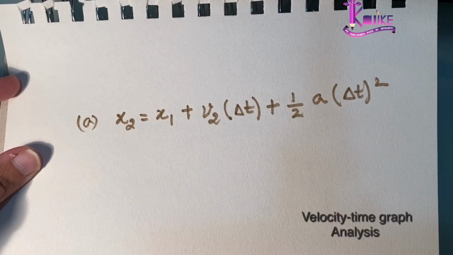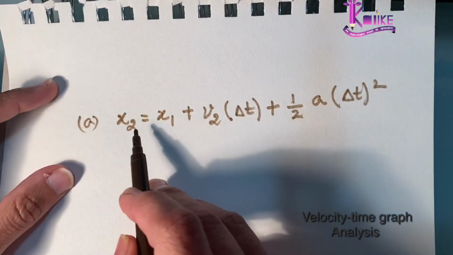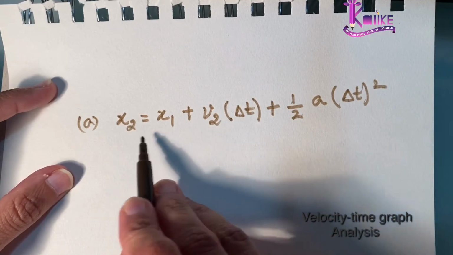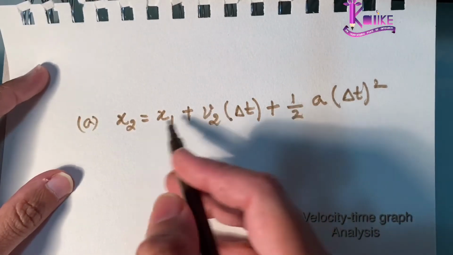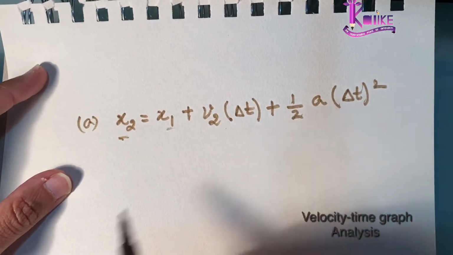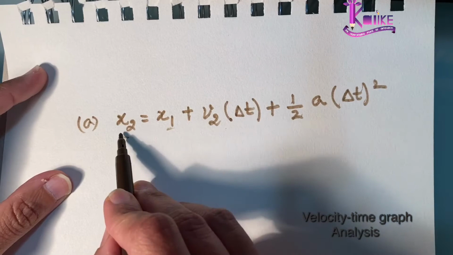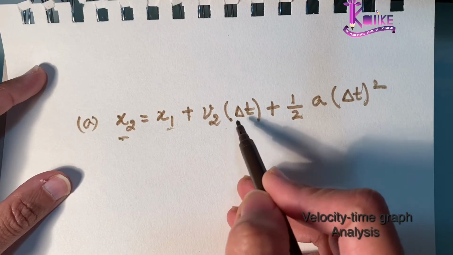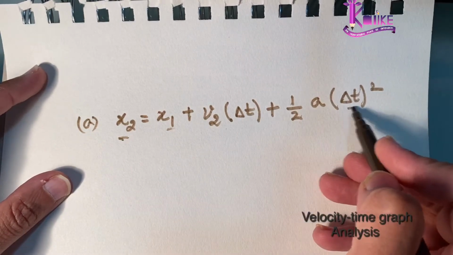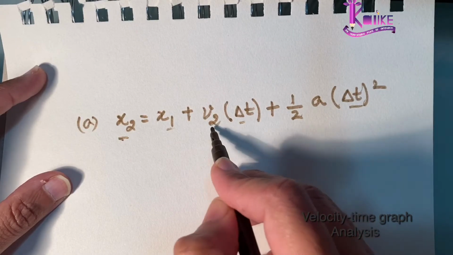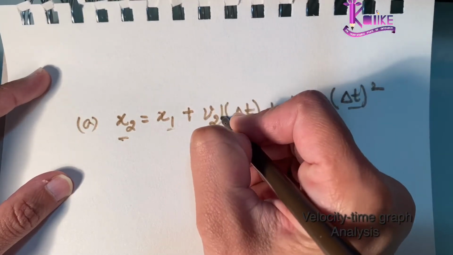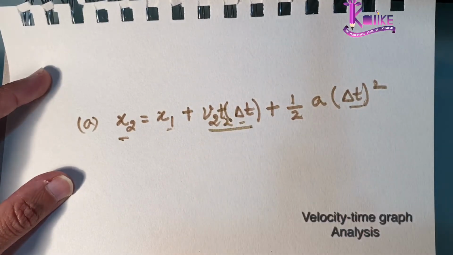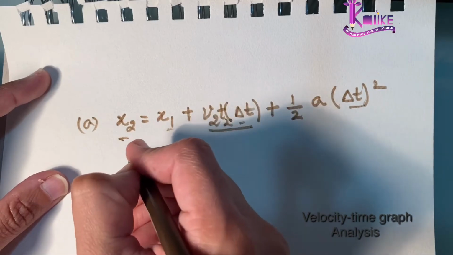I want to check if it represents the non-uniform motion described in the graph. When you look at this equation, it almost looks dimensionally incorrect, because the equation we are aware of is x2 is equal to x1 plus v into t plus half a t square. But you have a delta t here, and then you have v2. Sorry, I forgot to mention t, there is a t here as well, v2 t2. So this looks almost dimensionally incorrect. Let us check the dimensions of the equation.